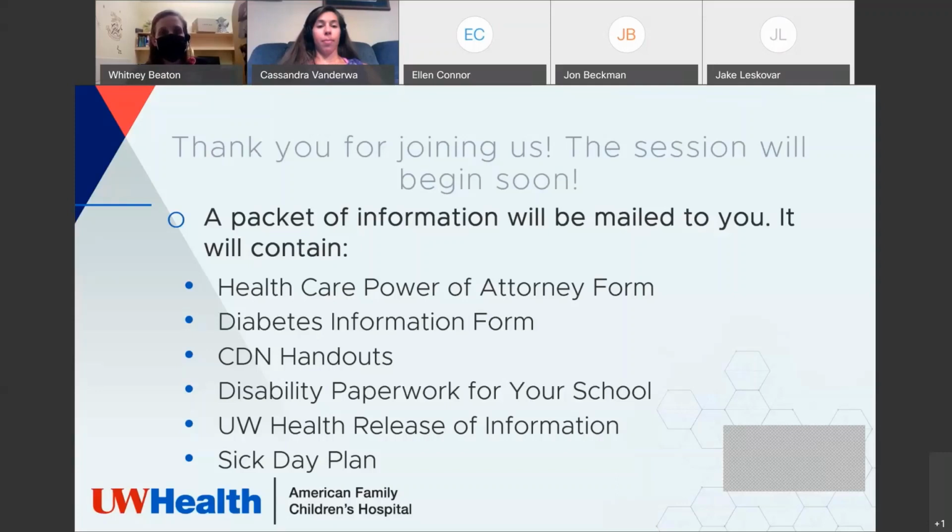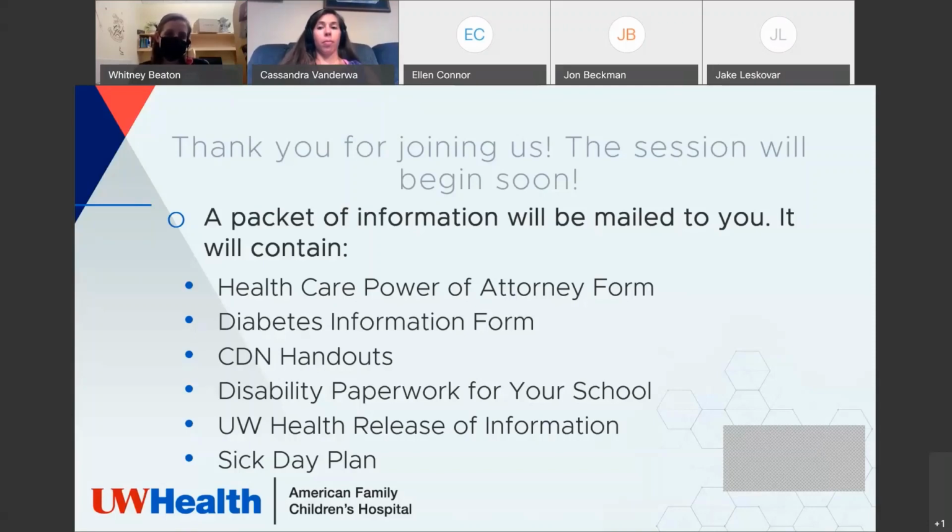Also, if you've registered for this class, you'll be receiving a packet of information in the mail in the coming weeks. That's going to contain a healthcare power of attorney form. You can complete it using the directions on the form and then return it once you've done it. There's also a diabetes information form, one that our team has put together for you to keep diabetes information together. It also has a place for insurance information. It's a good document to share maybe with roommates or other people who would need to know things you want them to know in an emergency,